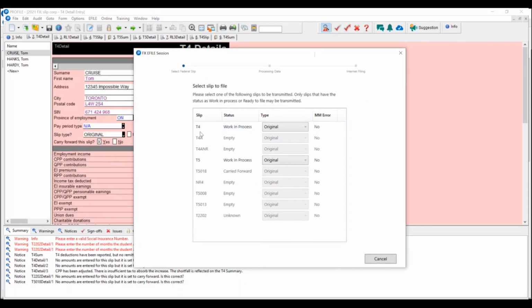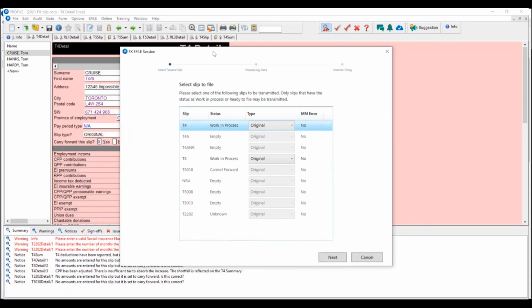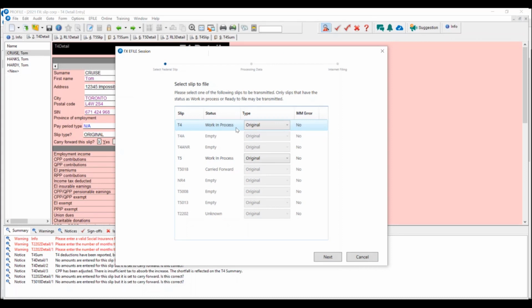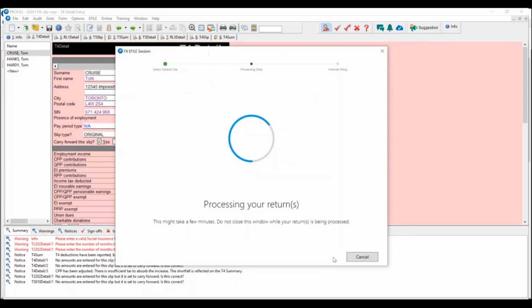out. So again, we'll click on the slips that we just amended, and then under data type, be sure to check amended here for amended slips. Then when you go ahead and click OK, the amended slips will then build into an XML file. So if you have any other amended slips or any other slips marked as amended, they will be built into